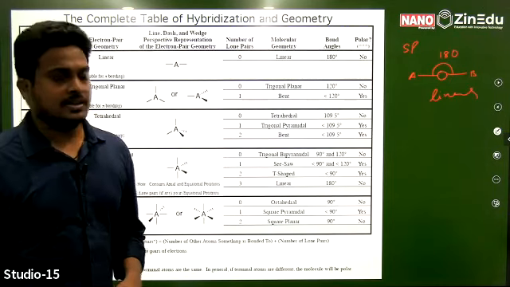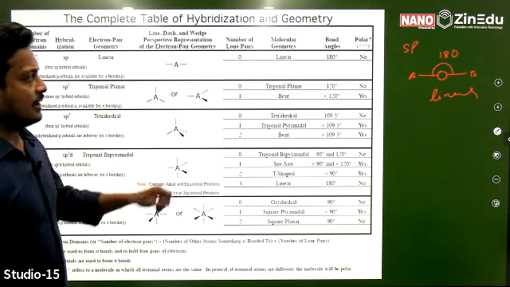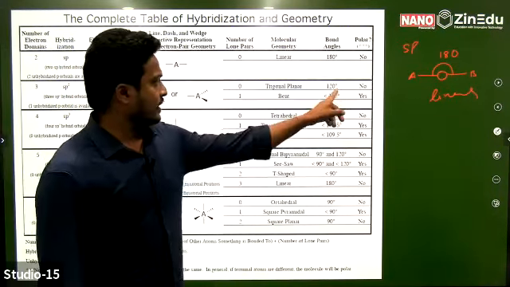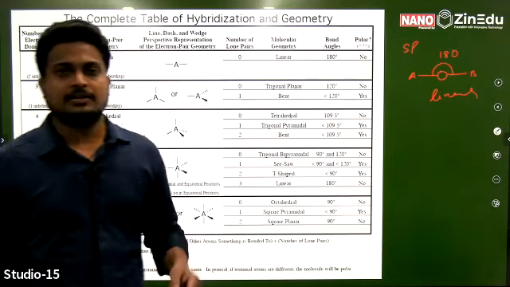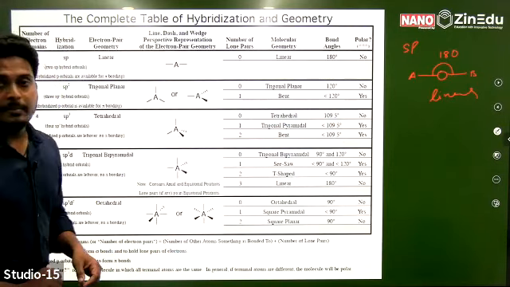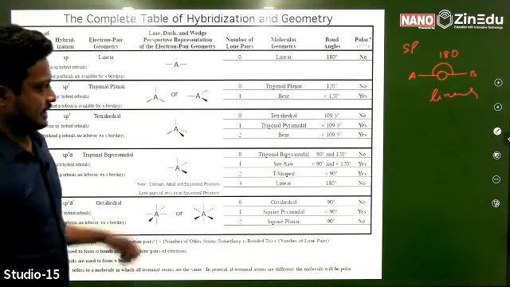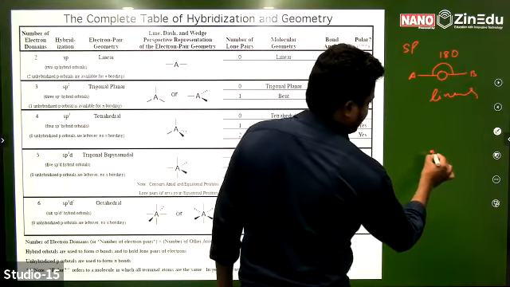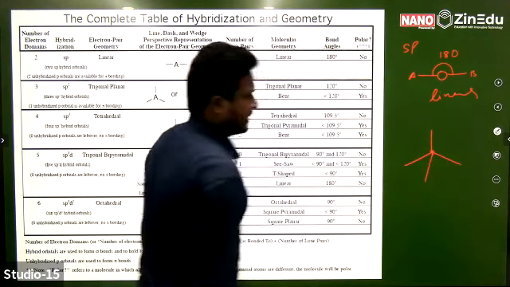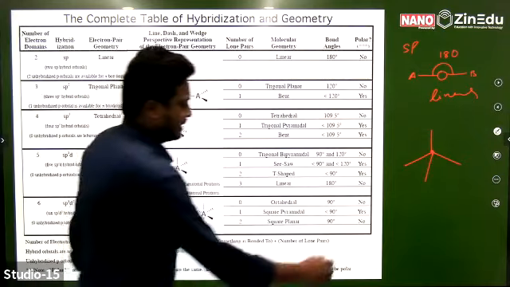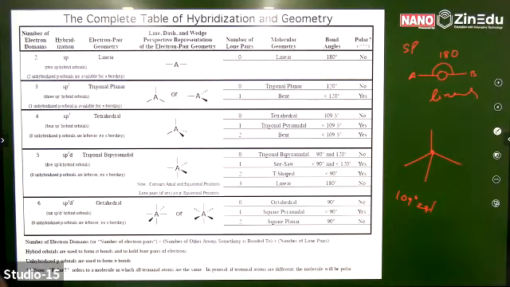Now coming to sp2 hybridization, geometry of sp2 hybridization without lone pairs is trigonal planar, bond angle of the molecule is 120 degrees. sp3 hybridization: when an s orbital combines with 3 p orbitals, how many hybrid orbitals form? 4 sp3 hybrid orbitals. Geometry of the molecule is tetrahedral. If I am considering this as the central atom, this is tetrahedral geometry. Bond angle in tetrahedral geometry is 109 degrees 28 minutes.